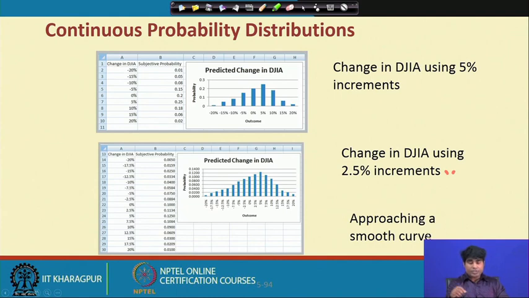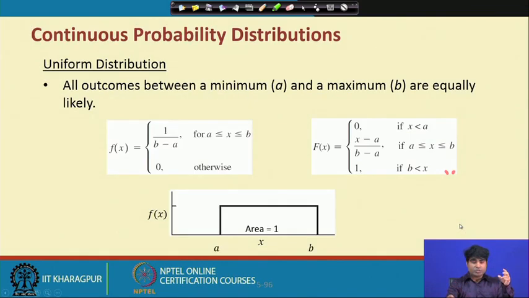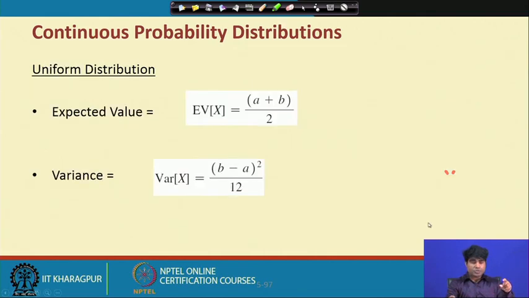This is another structure called continuous probability distributions. In continuous probability distributions, your probability will lie between two different intervals. That is why the structure will be the probability of a less than or equal to x less than or equal to b. A standard example of this distribution is the uniform distribution, and the probability density function will follow like this.